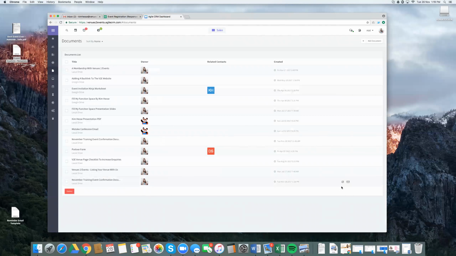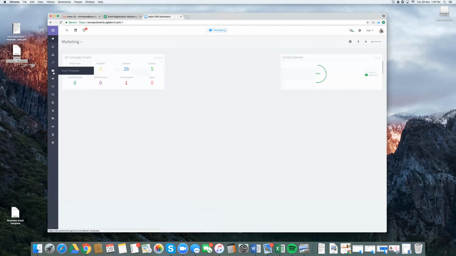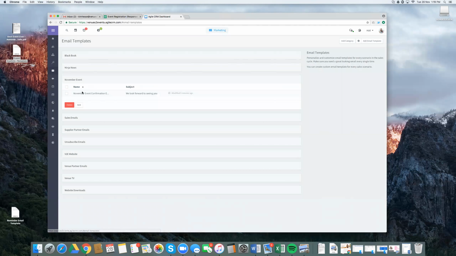What you want to do is go back to Agile CRM and see the link we used to open the document. Let's just right click on that and copy our link address. We then go back to our marketing component, find our email template that we've added in under our November event category,